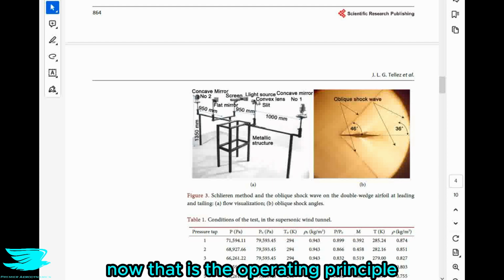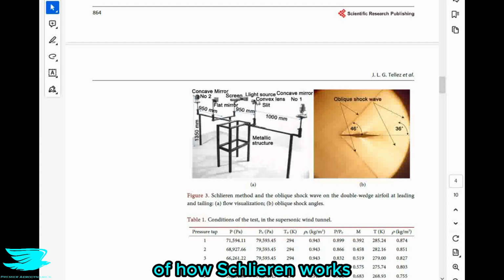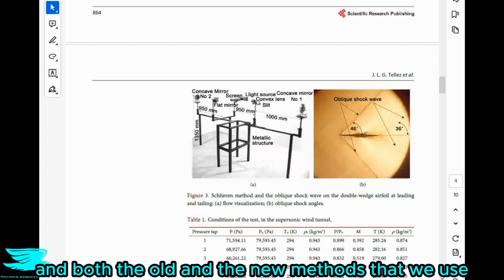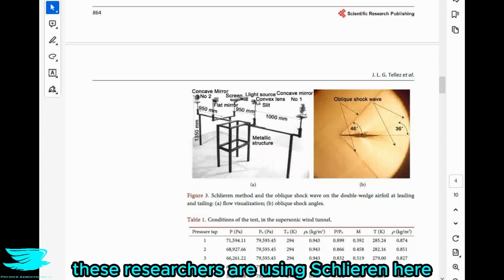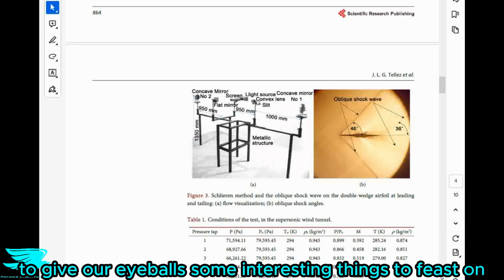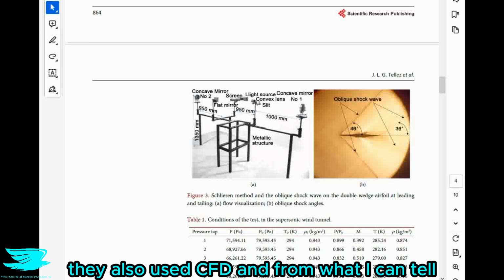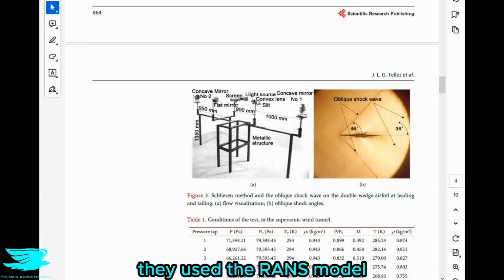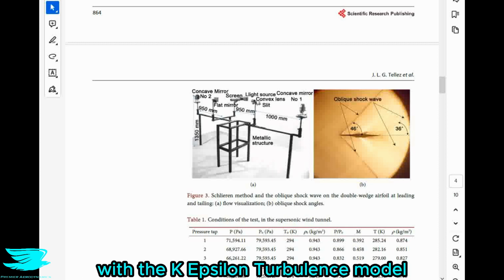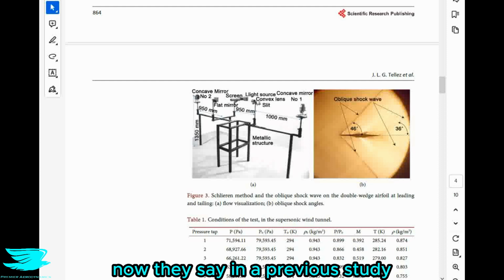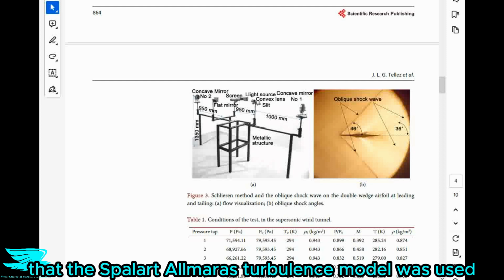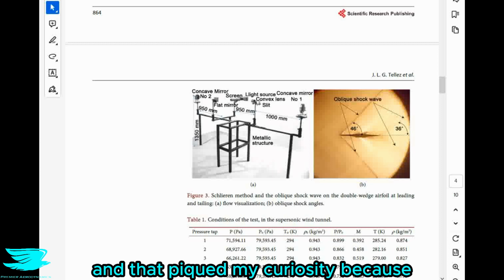Now, that is the operating principle of how Schlieren works, and both the old and the new methods that we use. These researchers are using Schlieren here to give our eyeballs some interesting things to feast on. In addition to that, they also used CFD, and from what I can tell, they used the RANS model with a k-epsilon turbulence model. Now, they say in a previous study that the Spalart-Allmaras turbulence model was used, and that piqued my curiosity because